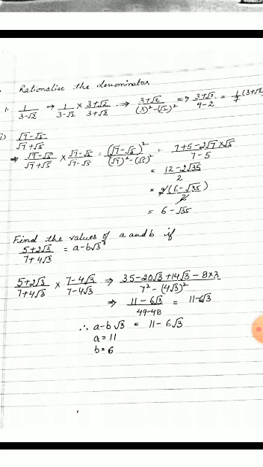When you are solving this, you get 4 fours are 16, root 3 into root 3 is 3, 16 threes are 48. So we are left with 49 minus 48 in the denominator. That is, we get 11 minus 6 root 3. Now comparing 11 minus 6 root 3 with the given value a minus b root 3 on the right hand side, we get a as 11 and b as 6.